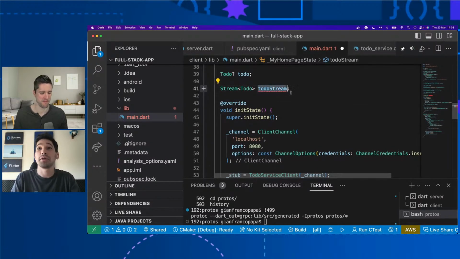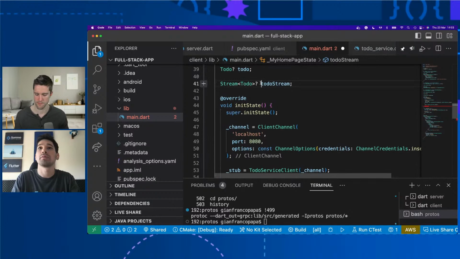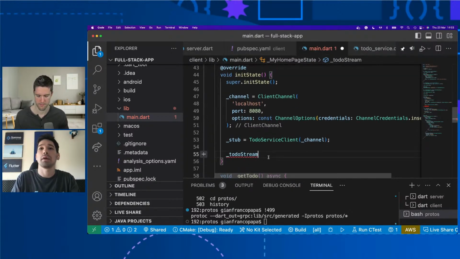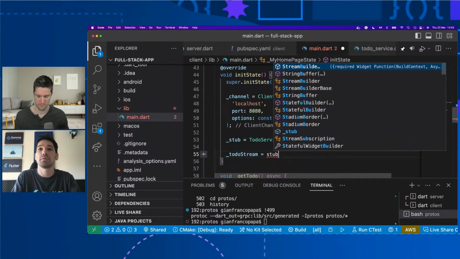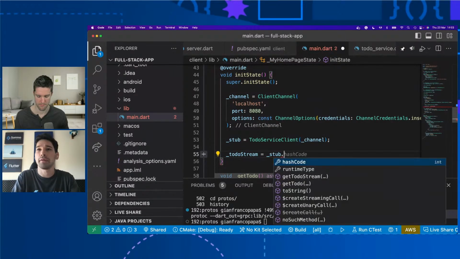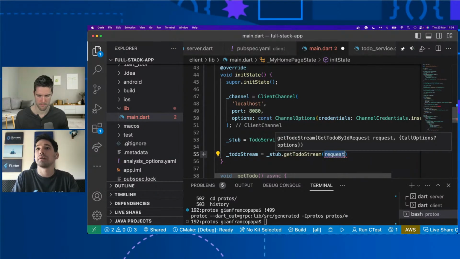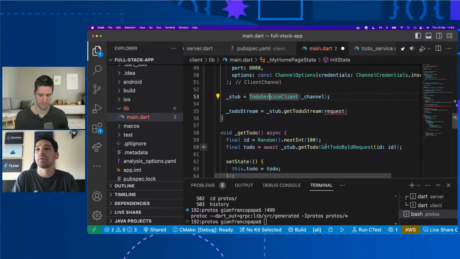But yeah, for the to-do stream, maybe we can make it nullable so we don't have to initialize it here. And what we can do is initialize our to-do stream. Let's make it private, and we, of course, have to call the stub, right? So the method would be getTodoStream, and our request would be the same one that we use here.